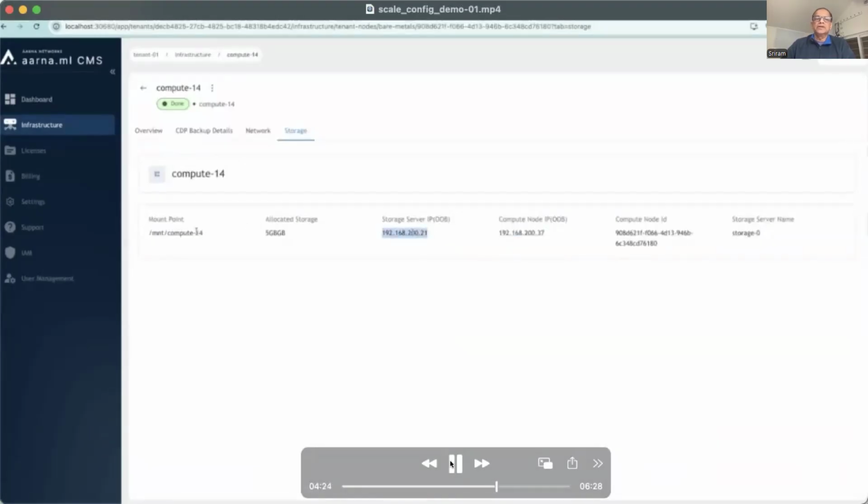So you can see all the details of that node. For example, this compute node has an external storage which is mounted on this mount point with so much storage, the IP addresses of the storage server, the compute node. So all the details can be seen by the tenant.